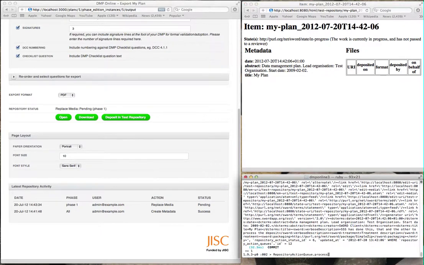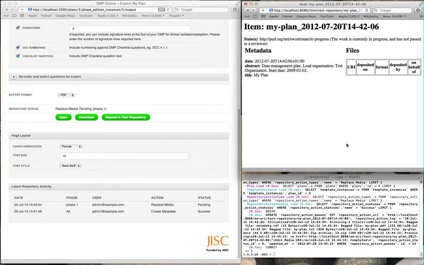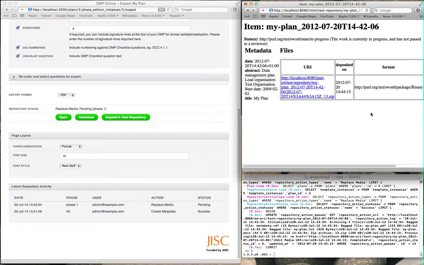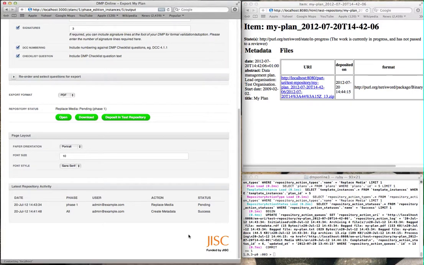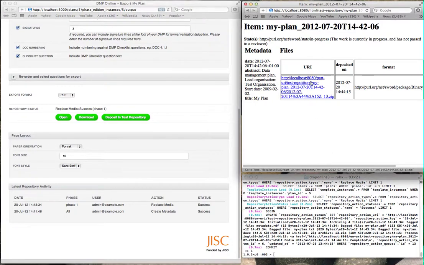Now I run the queue, refresh this page, and we've got the files, and refresh this page, and pending has changed to success. So this is a file that was uploaded from the repository. It's a zip file. If I open it,